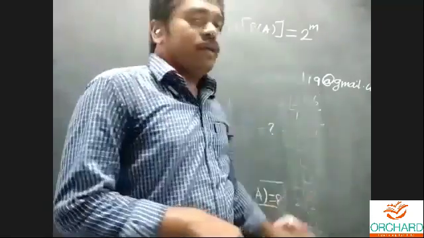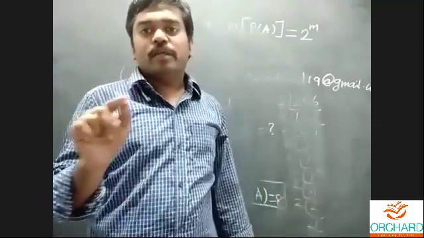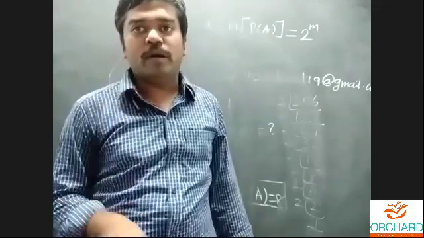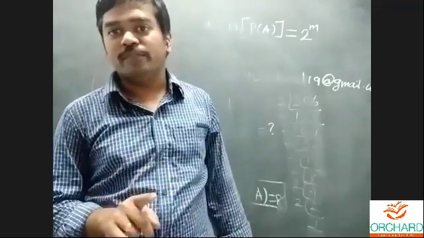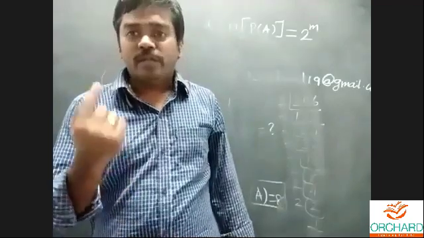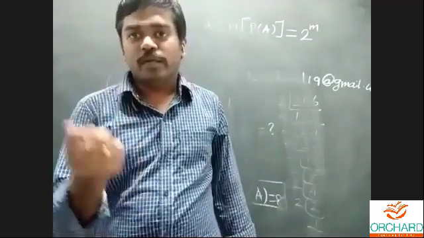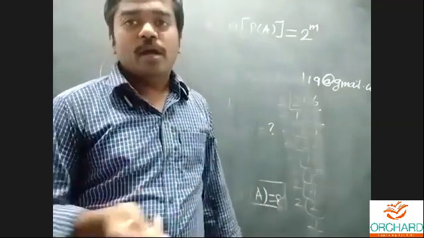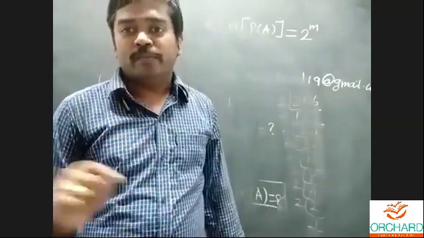Hereafter, everybody during the class time sit with a scale, a pencil, and maybe a 2 rupee coin or 1 rupee coin. After tomorrow's class or today itself, you can bring your 1 rupee coin or 2 rupee coin to draw a circle. Otherwise, you can use anything, but don't draw freehand.